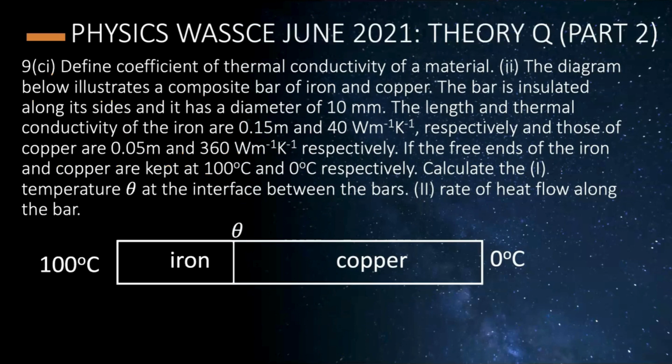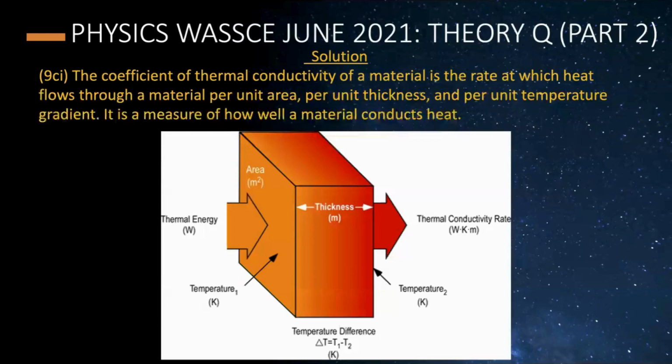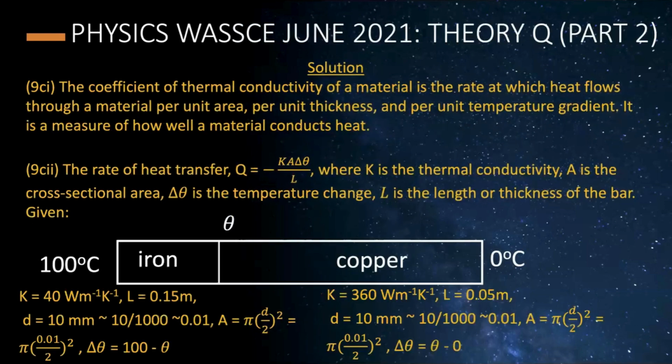That's the question. At the interface between the bars. Now, by the way, I am realizing that I think I switched things up. Instead of giving iron a much longer thickness, I gave it to copper. But you can adjust that. So getting back to the equation,